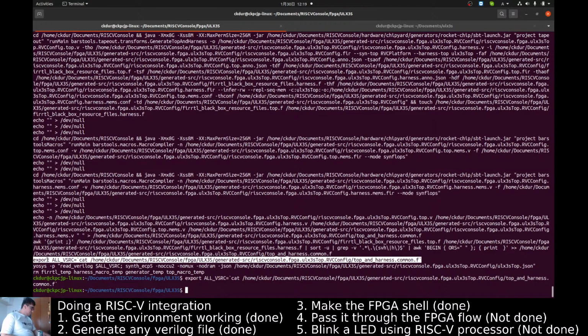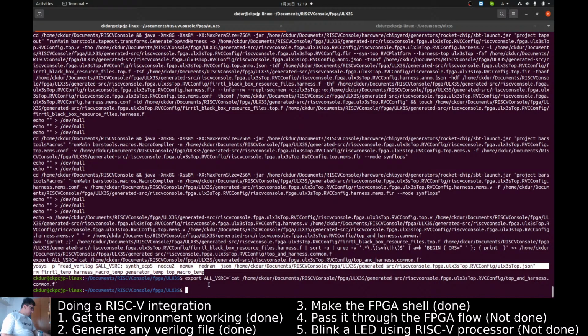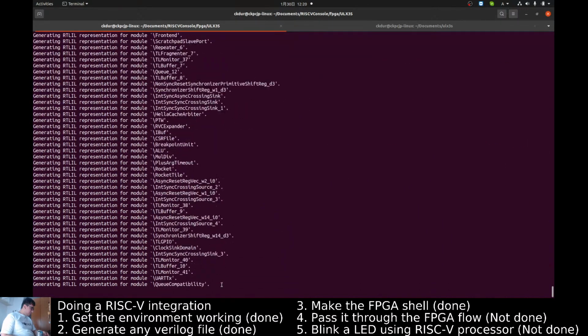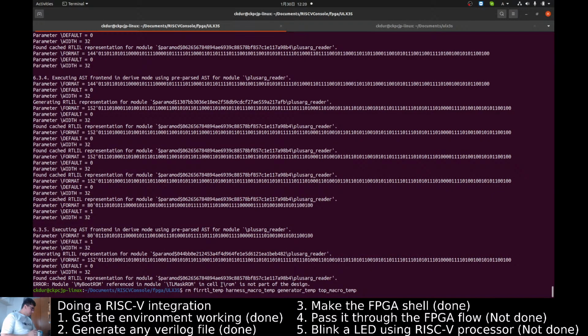So we will export this one and do the Yosys. This is what I expected. The boot ROM is not there. So we can put something very simple. I mean,